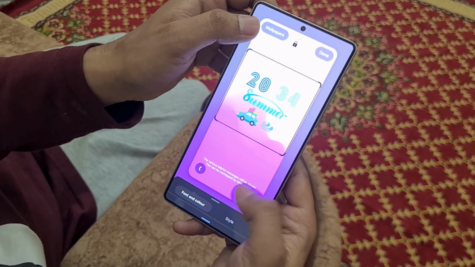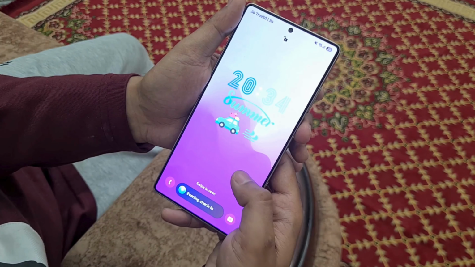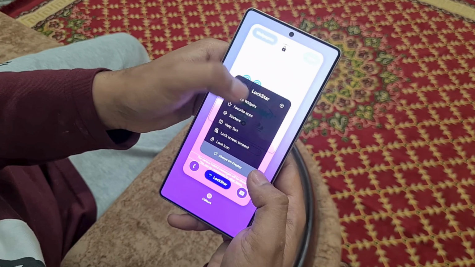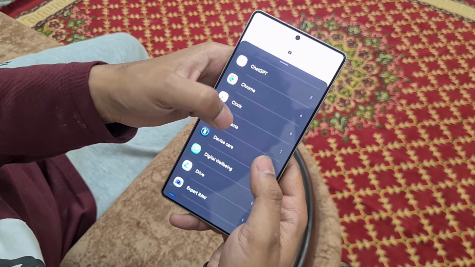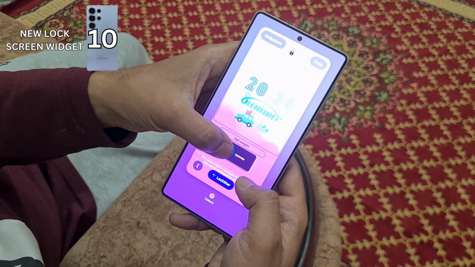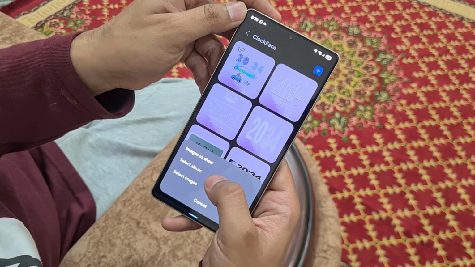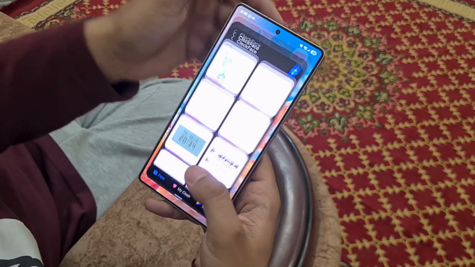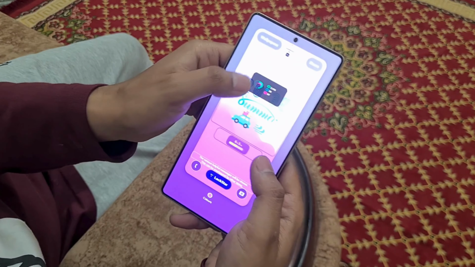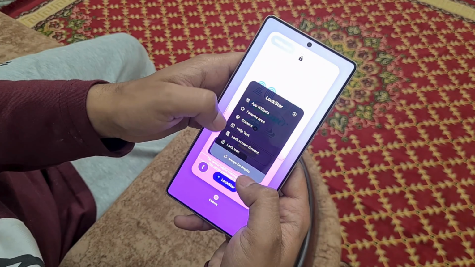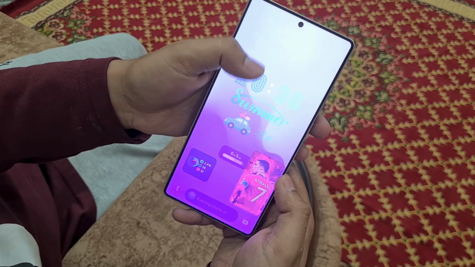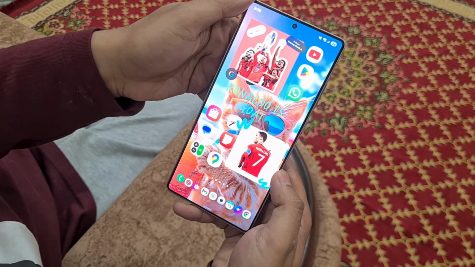But that's not even the best part, because if you tap and hold now on the lock screen, you will see this new button Lockstar, which opens up a totally new menu. And if you select app widgets, you will notice these are all the same app widgets you usually have on your home screen, except now you can also have them on your lock screen. So you can add a slick gallery widget and add whatever images you want, a nice big weather widget so you can keep an eye on things, and maybe you want some health stats straight on the lock screen like your step count and sleep score. I also put in a little sticker, just to jazz it up. You can literally add it all.